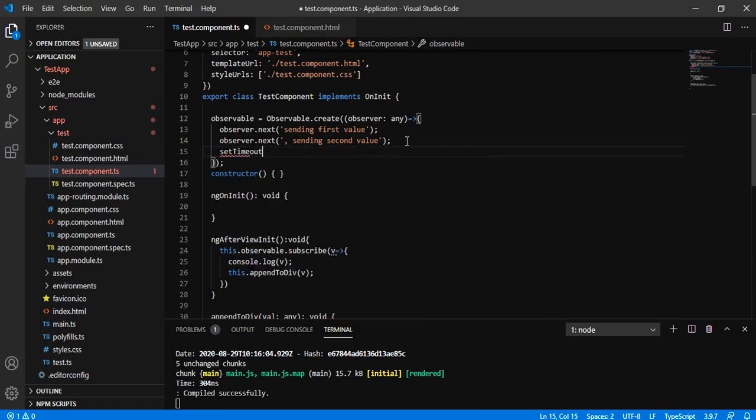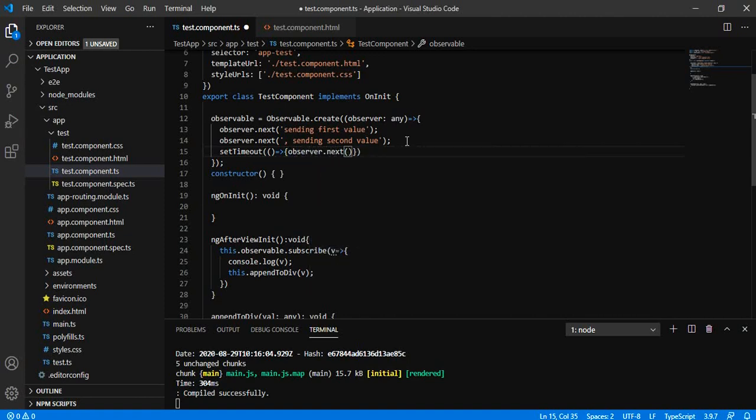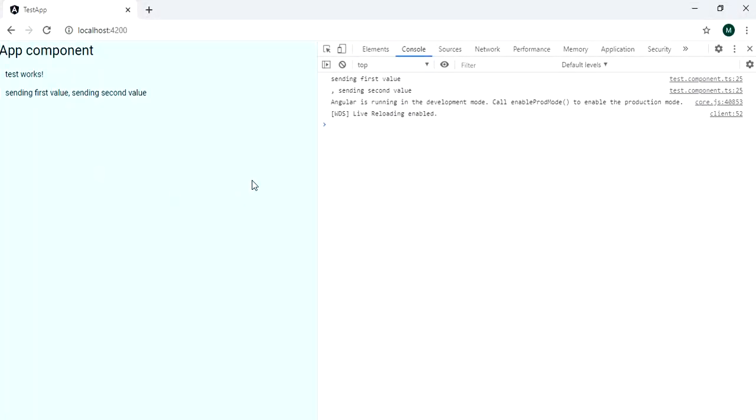Now let me try to add some logic. setTimeout. Now I am trying to send some value with the help of setTimeout, and inside the timeout I am sending some value after some time in order to demonstrate that the receiver of the observable will immediately get all the values that are being sent from the observable at any span of time.